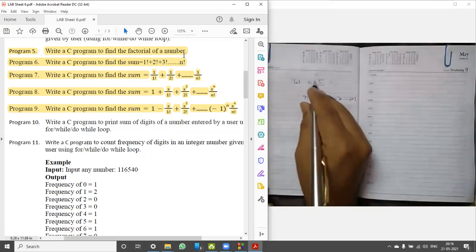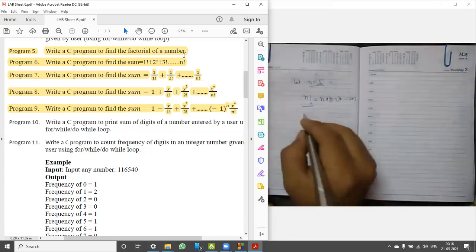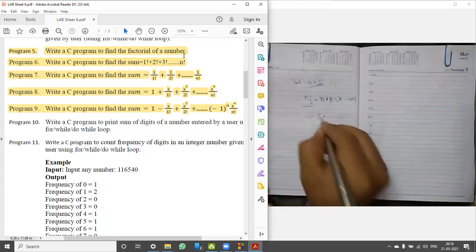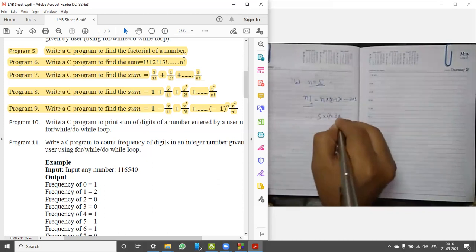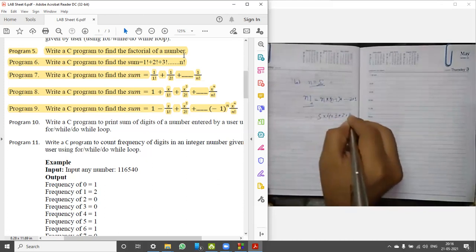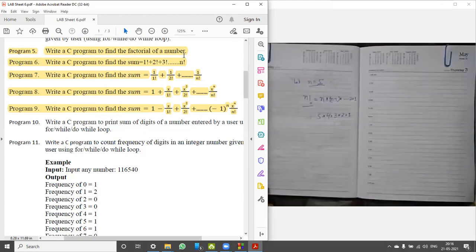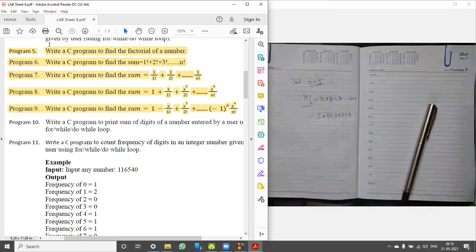For n equals 5, it is 5 into 4 into 3 into 2 into 1. So our motive is to write a C program to find the factorial of a number.